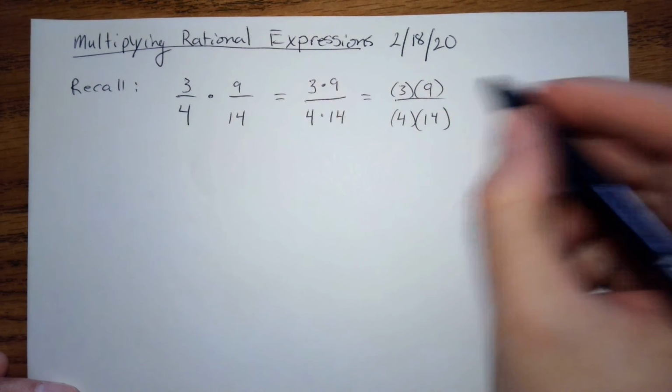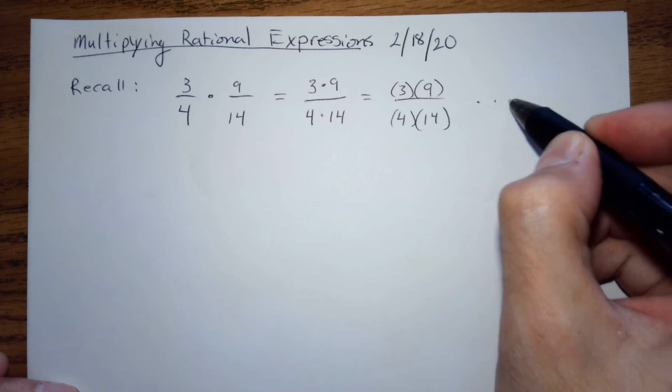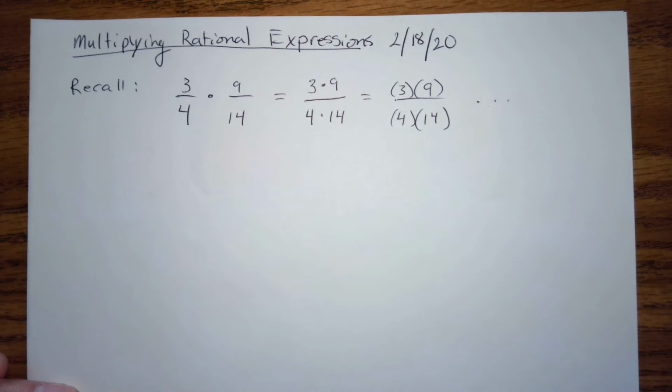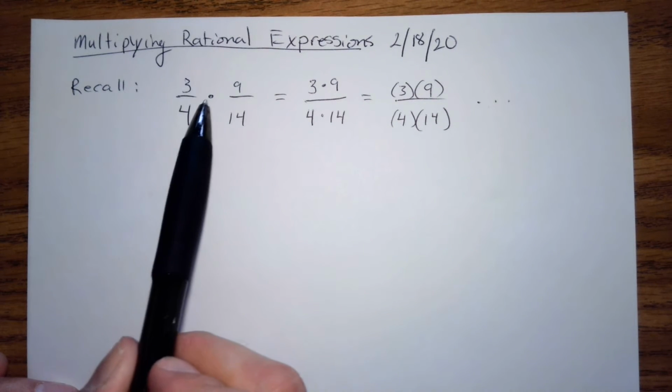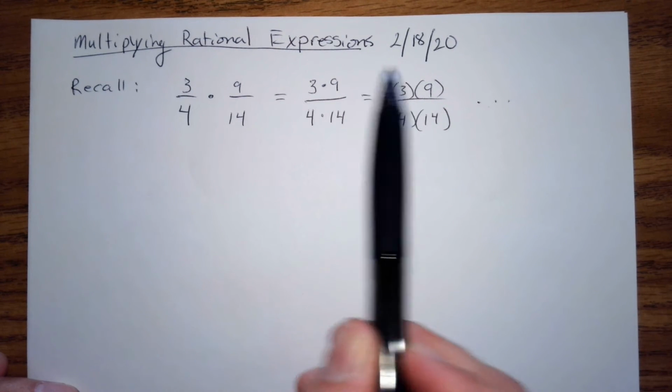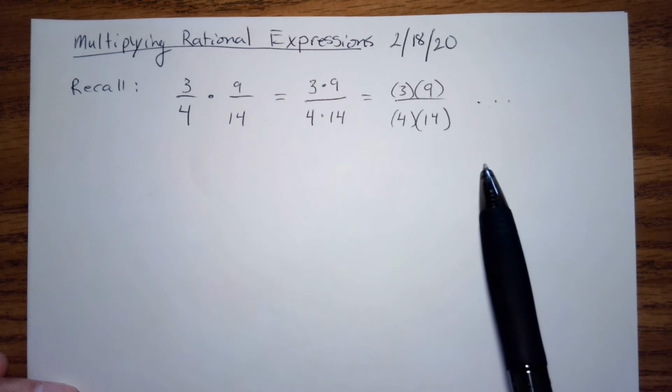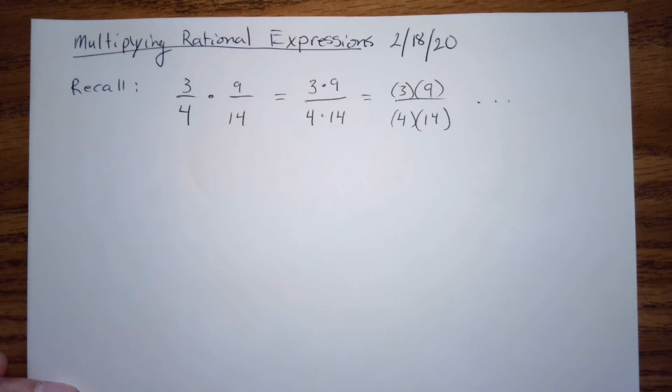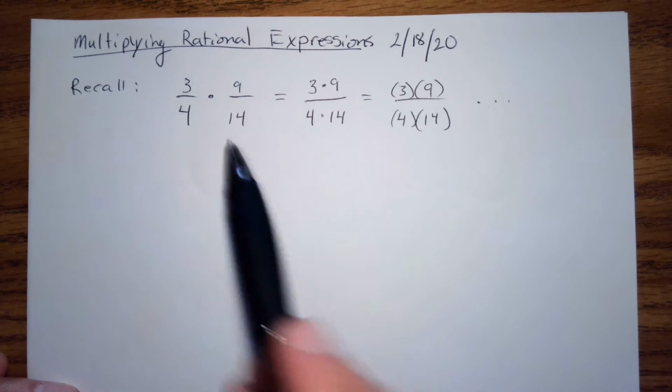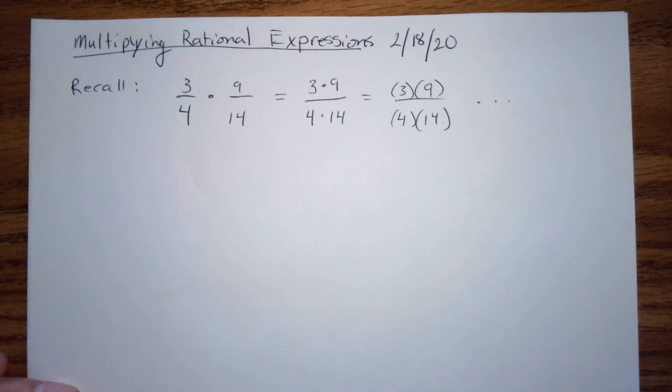And then you could simplify further just because these are numbers, but we're not going to have to do that this time. I just wanted you to remember that when you multiply fractions, you're just multiplying across the top, multiplying across the bottom. And it works the same way when these aren't just numbers. If they are just expressions involving x, then you do the same exact thing. So I think what I want to show first